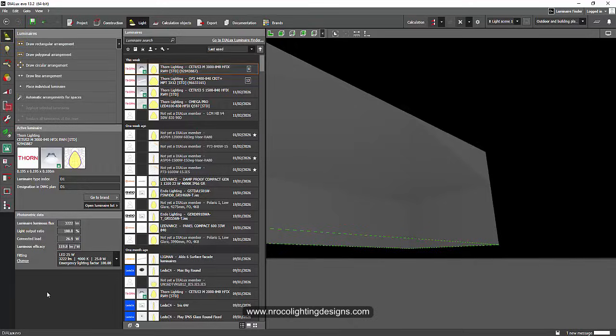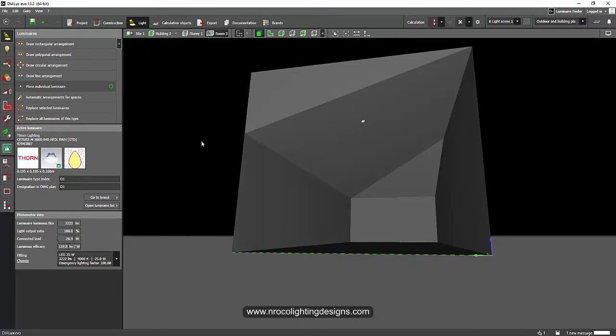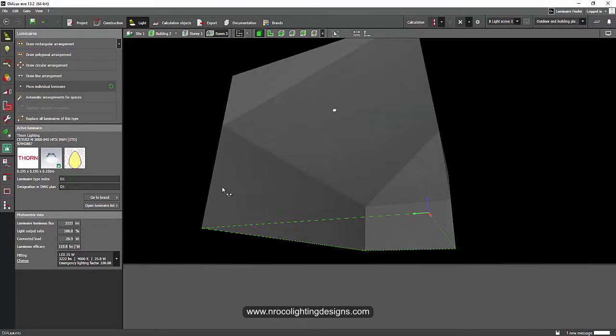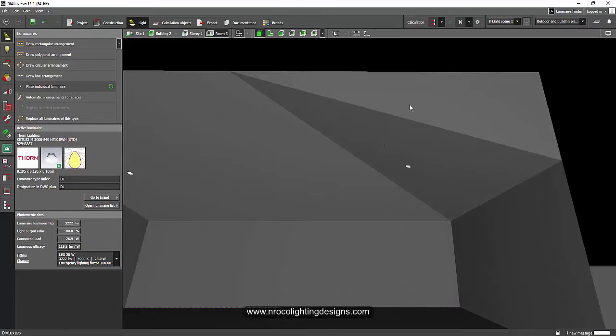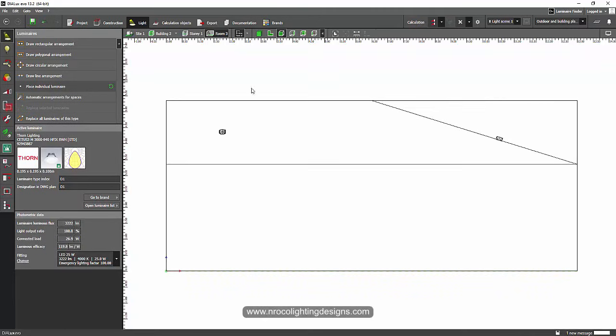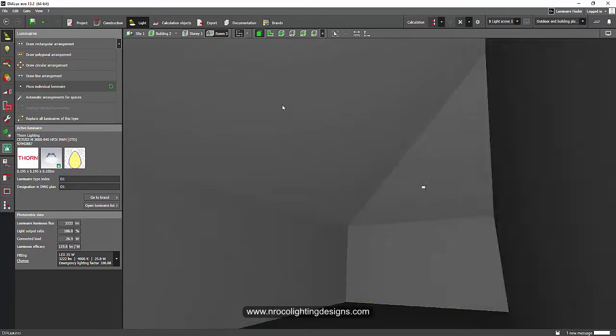I'll select this downlight and place it. Yeah, now it's touching the ceiling. Let's try another one here. Yeah, it's following the angle of the ceiling, so it means it detects the ceiling.